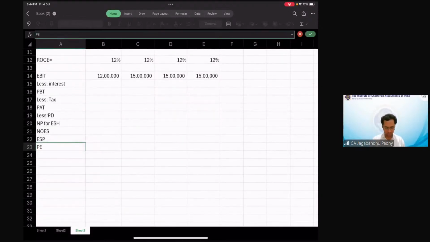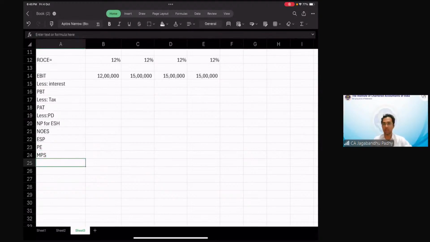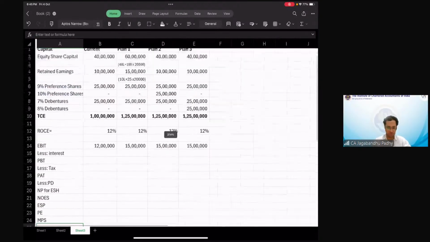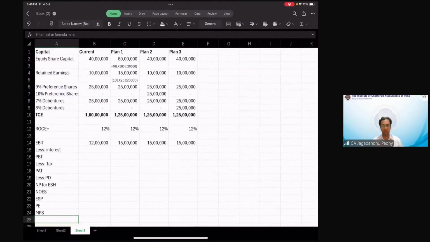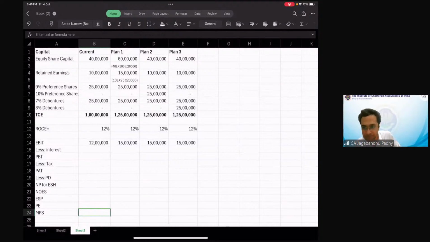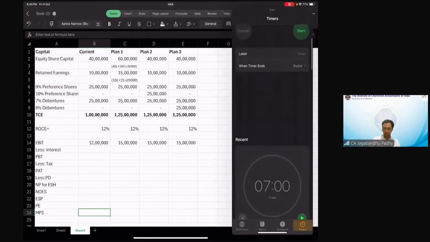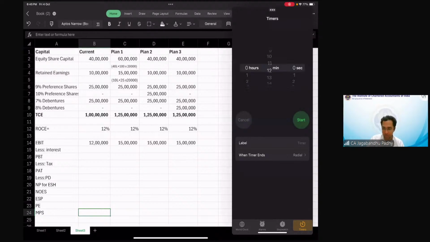Of course, P/E is also given to us, based on which you have to get the market price per share. Can you compute this fully and give me the market price of all the 4 situations? Like currently, what is the market price, and what is the market price that we are looking if we are going for plan 1, 2, or 3? Can we do that? Okay, so try to do it within next